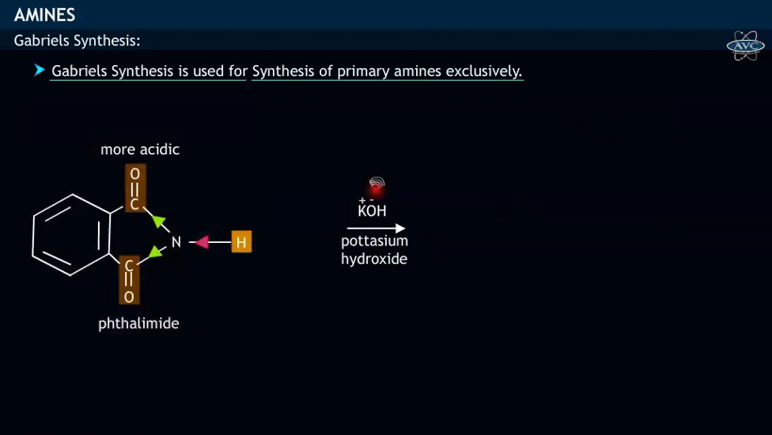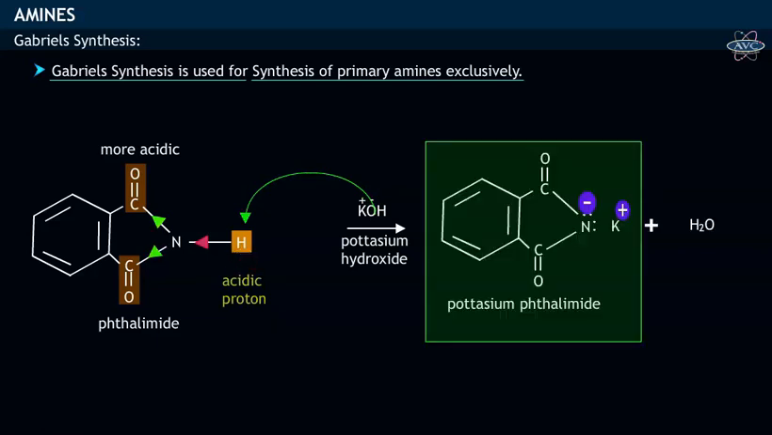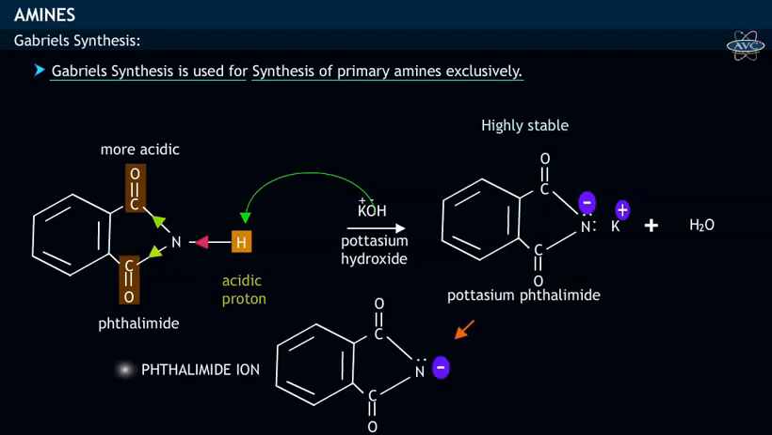Hence, a strong base like hydroxide ion from potassium hydroxide removes the acidic proton of phthalimide as water and thereby forms the phthalimide ion. Here, the product potassium phthalimide is highly stable due to the presence of the phthalimide ion having excess electron pairs